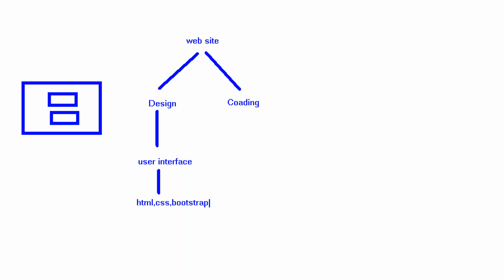You understand? So for any website, we have two phases. One is the designing phase, another one is the coding phase. In the design phase we create the user interfaces using HTML, CSS, Bootstrap. That is one phase. Now come to coding. In the coding phase, two types of coding we implement. One is client side code, another one is